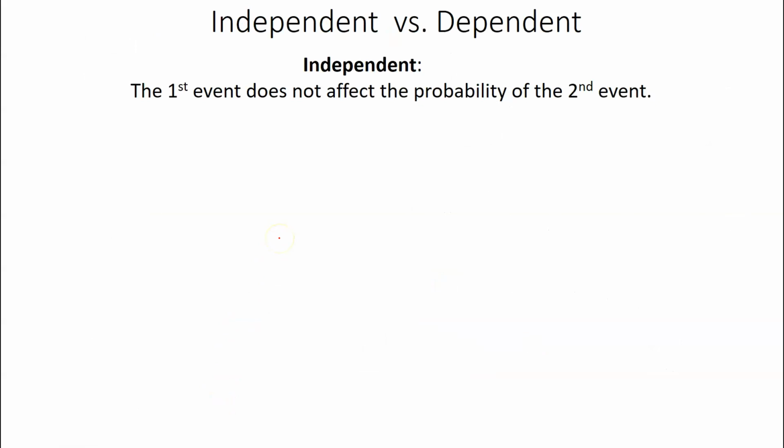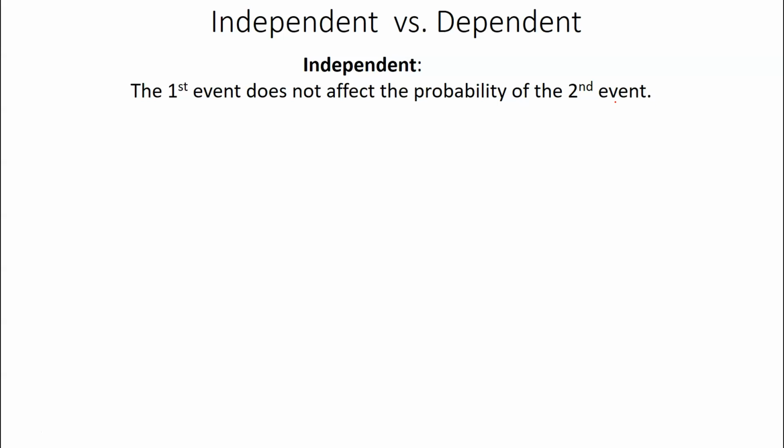All right, when you talk about the "and" situation, the multiplication rule, there were 2 versions of it. What if they were independent? What if they were dependent? Let me dive into them a little deeper here. To be independent, the first event does not affect the probability of the second event. They're not in any way or shape related,